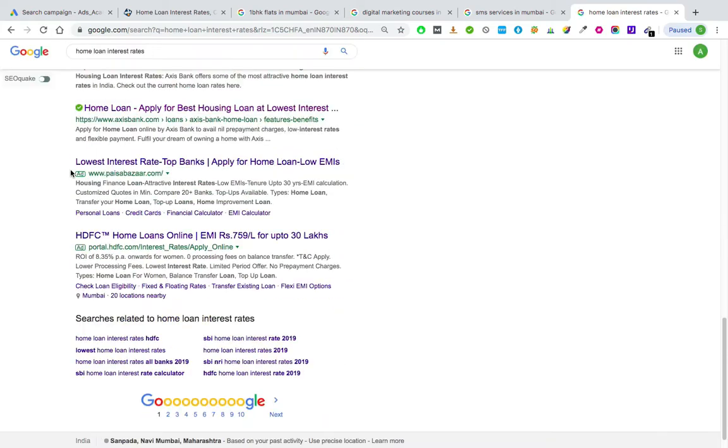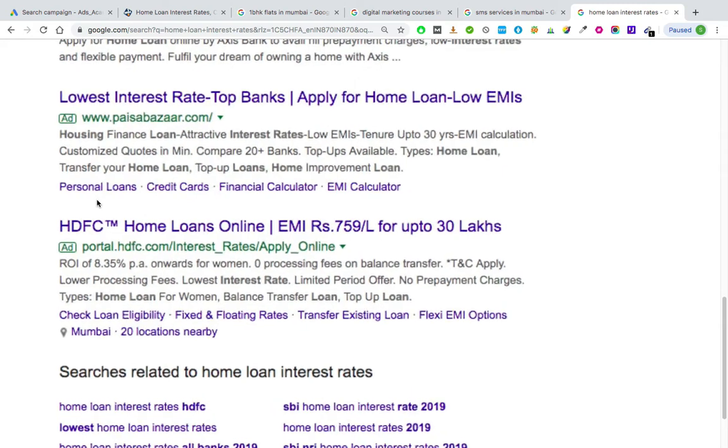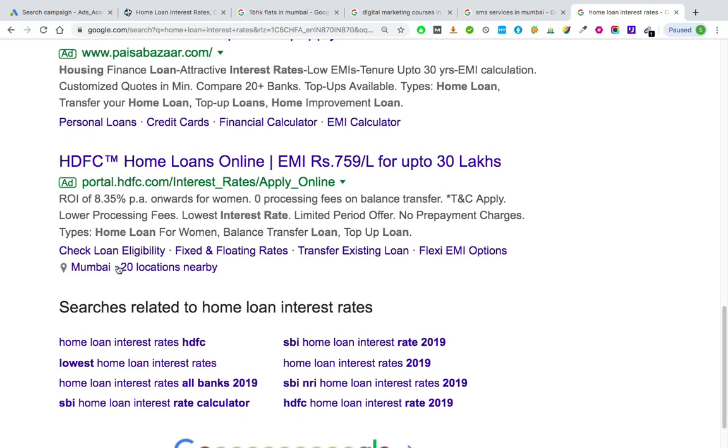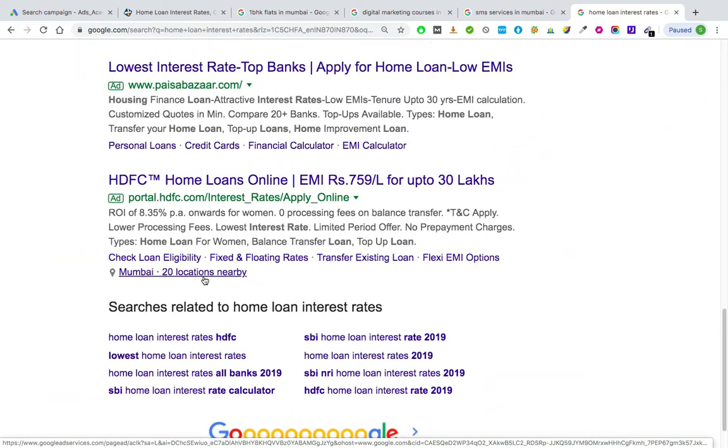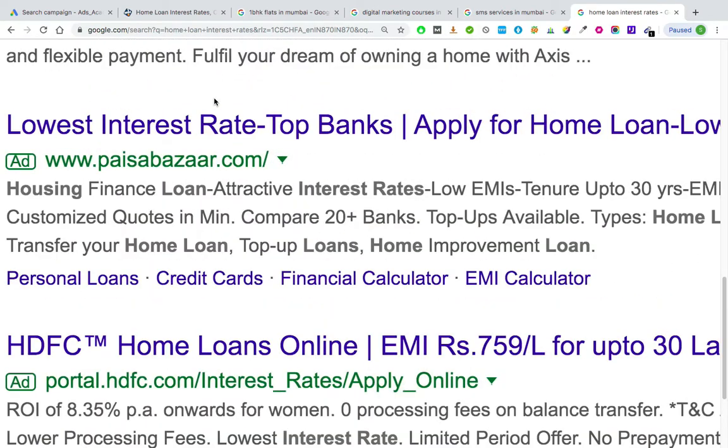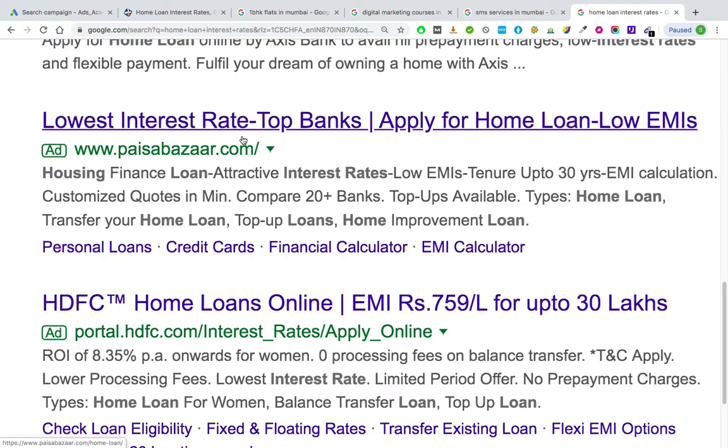I'll scroll down. Let me just see if there are any ads. Okay, so this is an ad pertaining to home loan. Right now, heading 1, heading 2 are clickable entities, and apart from these, your site links and your location extension can be clickable entities. Okay, now if you notice over here, the ad is about loans, home loans to be more specific, right? Home loans.